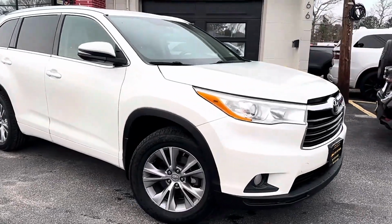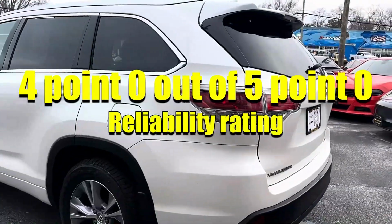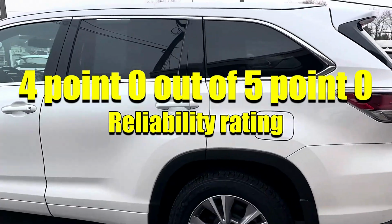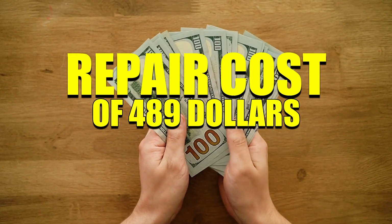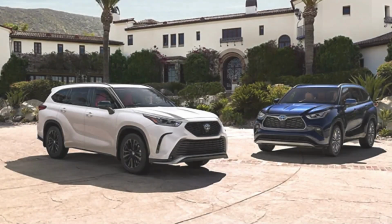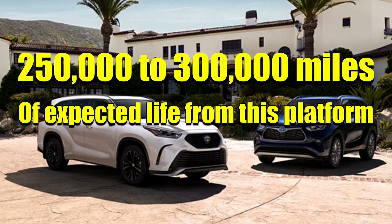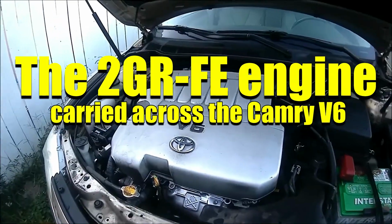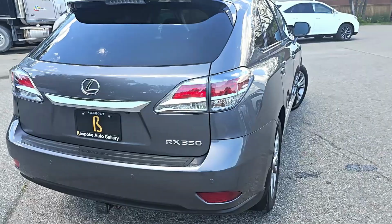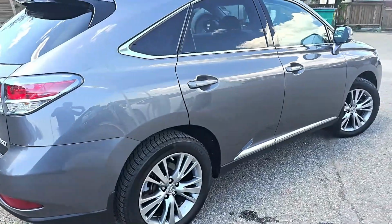RepairPal rates the Toyota Highlander as the number 1 midsize SUV in its segment with a 4.0 out of 5.0 reliability rating and an annual repair cost of $489, and Car Lifespan Check projects 250,000 to 300,000 miles of expected life from this platform. The 2GR-FE engine carried across the Camry V6, Sienna, Venza, and Lexus RX 350 simultaneously means